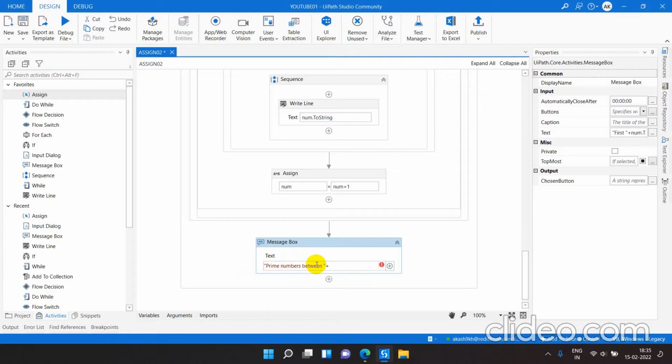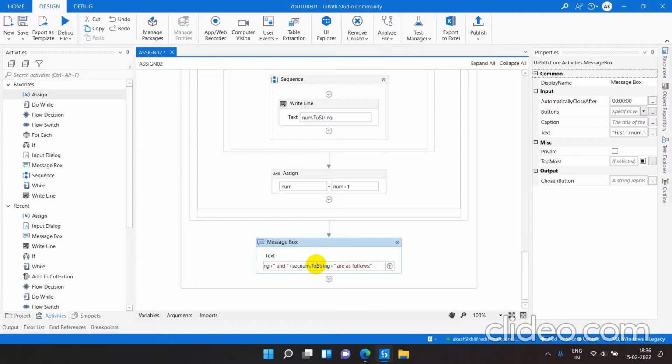We can write it as n.ToString, because we have declared that n is equal to num, plus "between" plus n.ToString and plus num.ToString plus "are as